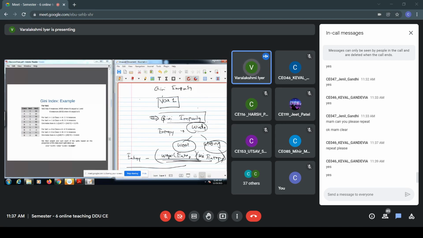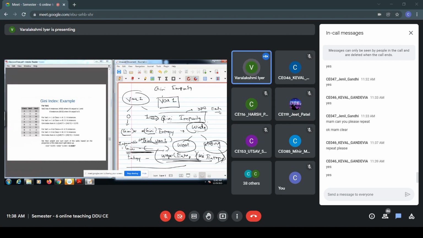You are calculating the Gini. For example, variable 1 has two values, it is taking 0 and 1. So you will calculate the Gini impurity of this, and you will calculate the Gini impurity of this. Then we multiply each Gini impurity by its weight, and you get the total Gini impurity of the entire variable var1. You subtract this value from the Gini of the entire system, and you get a value, the information gain. Whichever difference value is higher will be chosen to split your data. Is it clear?